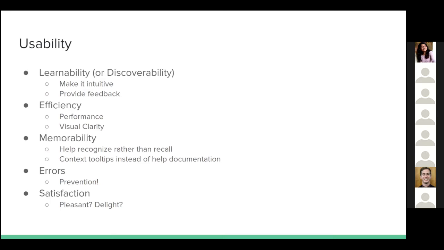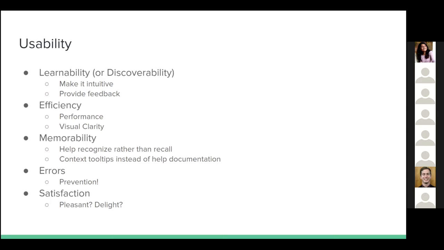Make sure that whatever you present and put out in the UI, you have visual clarity. Can I easily read the text or the charts that I put on the screen? Can I get to the information that I need easily, right? Are the goals or the call to action hard to miss? Like it's right there in your face. You cannot miss it, right? So you don't have to spend time looking for it. Did you give everything that the user needs to accomplish their goal? Or do they have to spend time going around to multiple pages to get to all of those? So these all impact efficiency